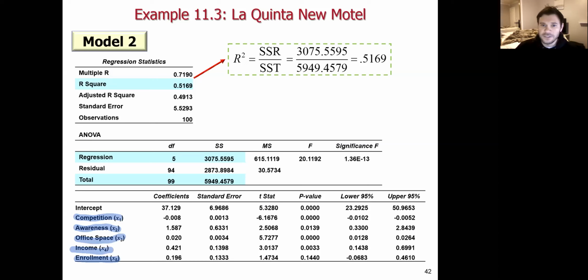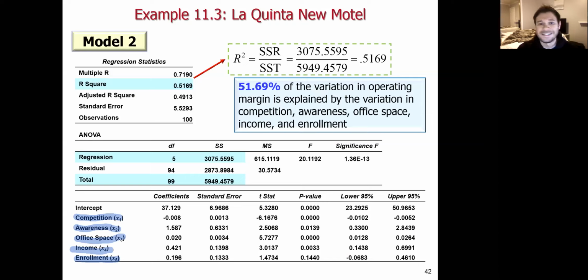Those X variables are capable of explaining 51.69% of the reason why we see variation in the operating margin between observations. Those X variables in the model are capable of explaining around 52% of the variation in the Y variable, which means at the same point we've left unexplained about 48% of why the operating margin tends to change between